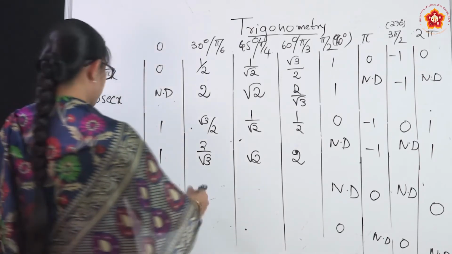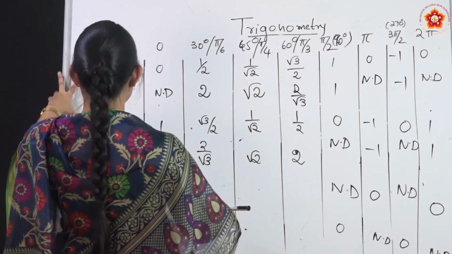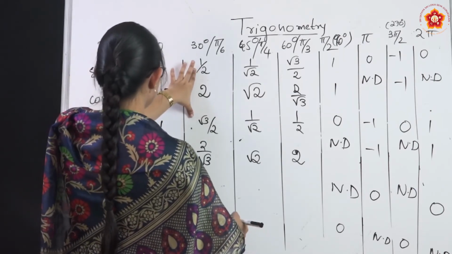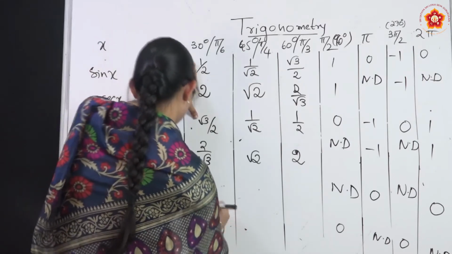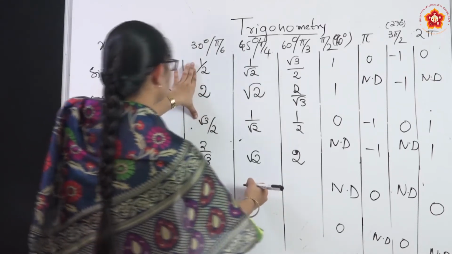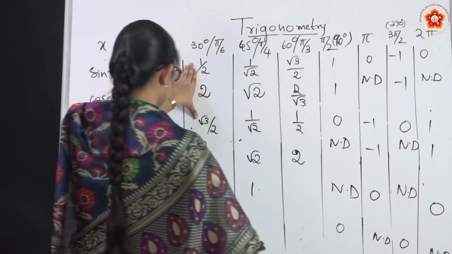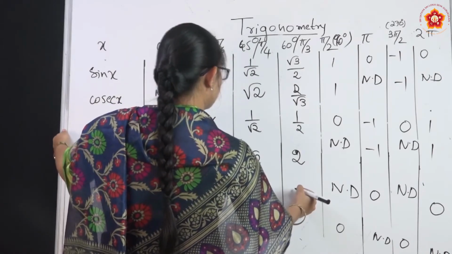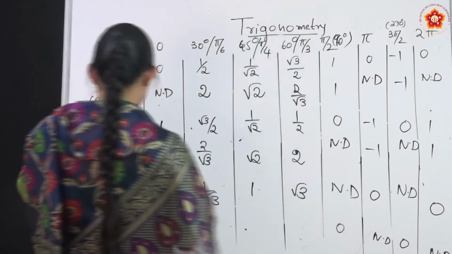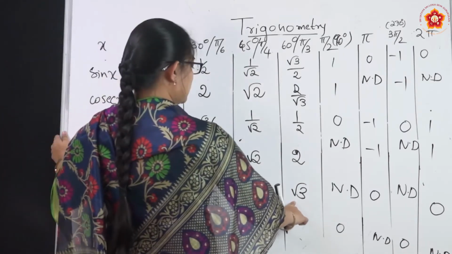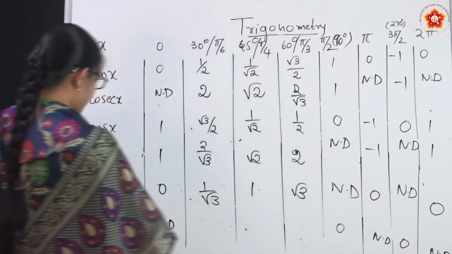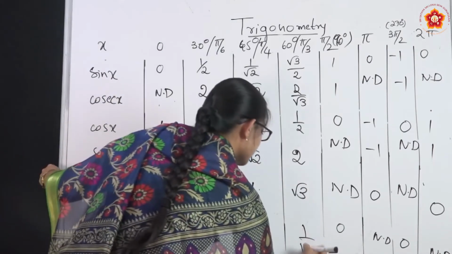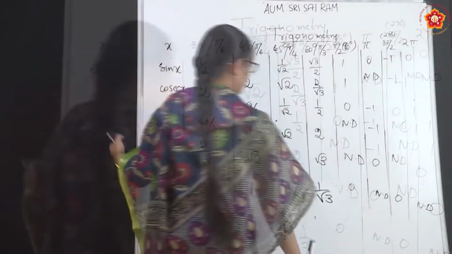Next, just do the reciprocal for sin x by cos x. So, sin x by cos x is 1 by 2 by root 3 by 2. So, that is 1 by root 3, and 1 by root 2 divided by 1 by root 2 is 1. So, tan 45, that is tan pi by 4 is 1, and root 3 by 2 by 1 by 2. So, that is root 3. So, tan 60, that is tan pi by 3 is root 3. Next, cot values, we have root 3 here and 1 by root 3 here, next 1 by 1, 1.